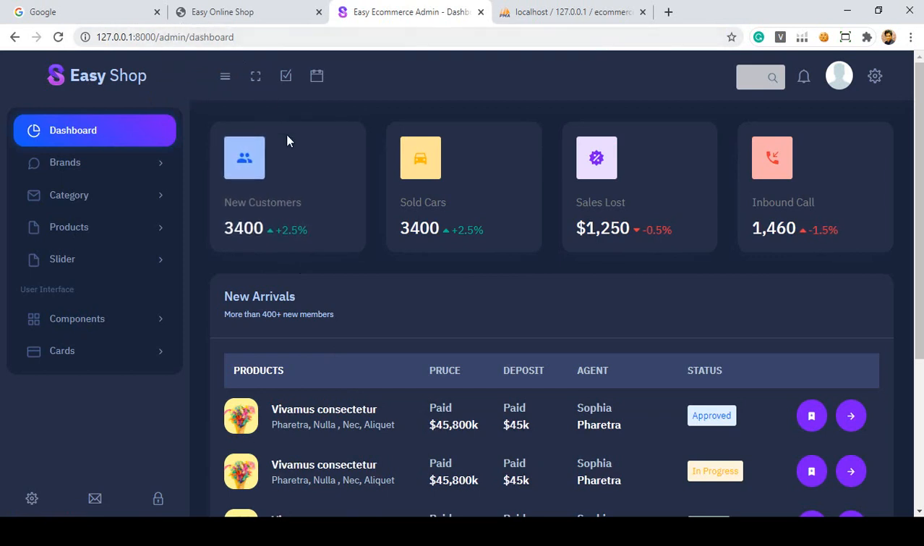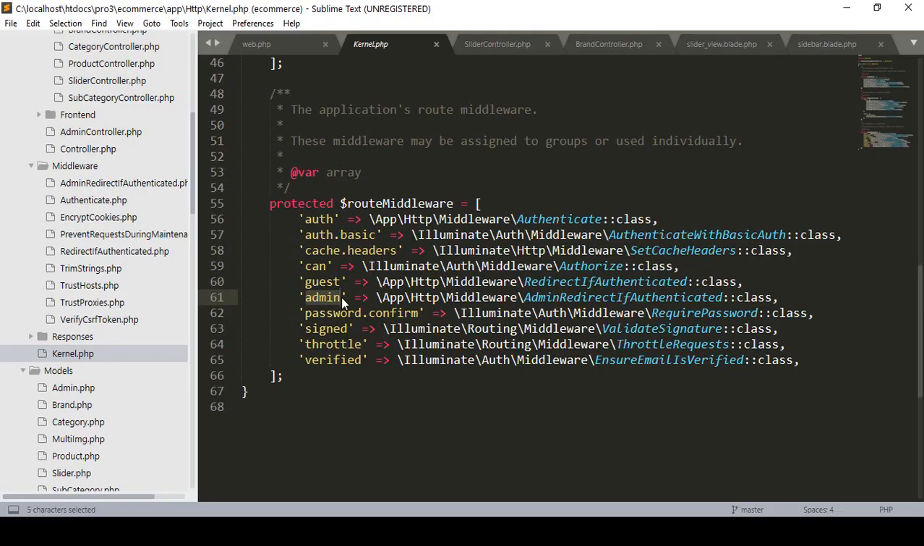So only when our authenticated user, which user is logged in, when this user is an admin, then that will be accessible only for the admin. Otherwise this user is not able to access this URL. So if you want to do that work, so that is our